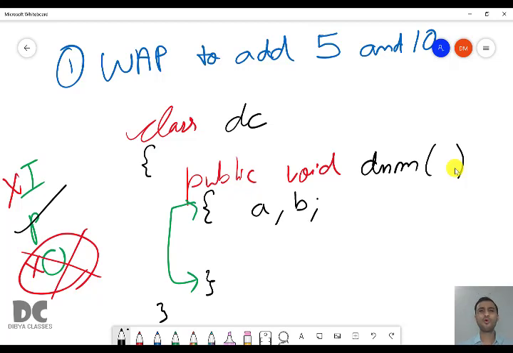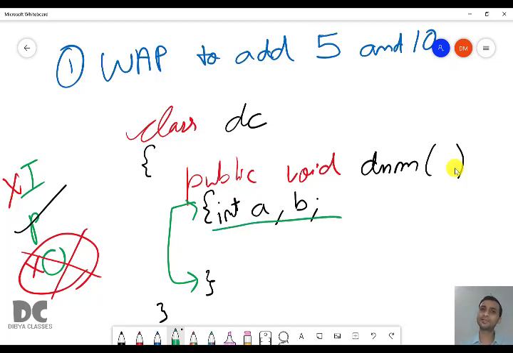Okay, what type of variables do you need? You have to tell the type and size of the variable. So 5 and 10, we already know the values that we have to add. So we are keeping 5 and 10 inside those variables. 5 and 10 are integer values, so we will create two integer variables. I think you remember the syntax. This is the declaration of a variable.